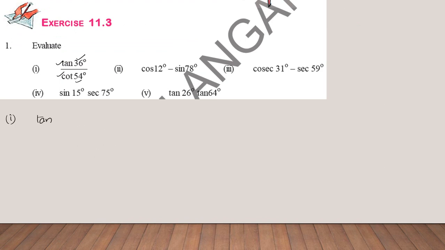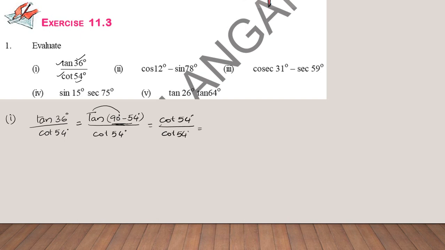So what is given? Tan of 36 degrees by cot of 54 degrees. Either you change the numerator angle as the denominator angle or the denominator angle as the numerator, but don't change both at a time, right? So I can write tan of 36 as tan of 90 minus 54 divided by cot 54 degrees. Now beside tan you are having 90 minus, and 90 has the property of changing the ratio, so tan of 90 minus 54 can be written as cot 54 degrees, giving cot 54 degrees by cot 54 degrees.